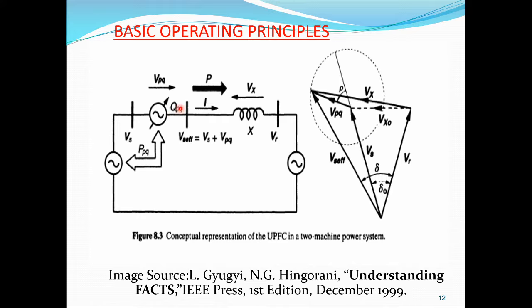Unfortunately, I'd like to add some source here. When I add this source, it can carry some voltage VPQ, and the reactance can carry some voltage Vx. The current traveling across this line is I. I'd like to draw a phasor diagram for this. Initially we have the sending end voltage and receiving end voltage, with an initial angle of delta naught. When I add this VPQ source to the line, the entire effective voltage will change.